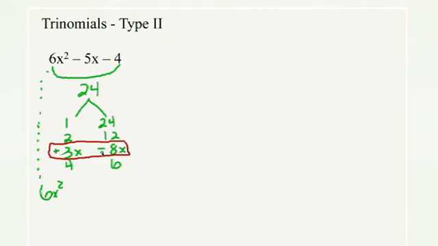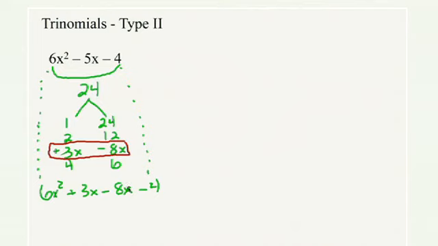We're going to substitute these two expressions for our middle expression. And notice the order here doesn't matter. You could put -8x and then plus 3x, or you can put the plus 3x first and then the -8x. Your final answer will still be the same. Okay, so now this new expression, Bill, this is the exact same thing as our first expression, isn't it? That's right. If you were to add those two middle terms, you would indeed have 6x squared minus 5x minus 4, just what we started with.